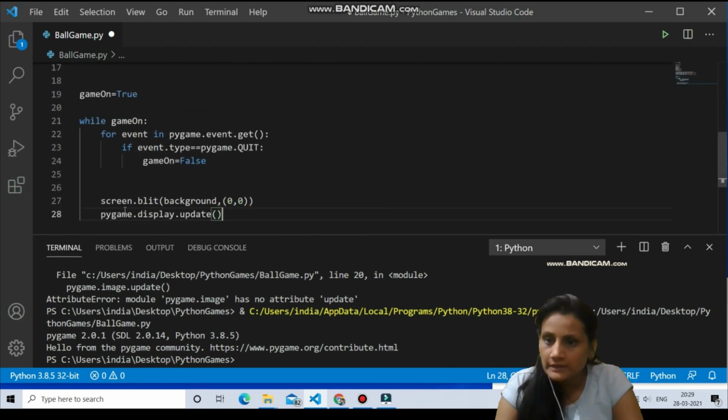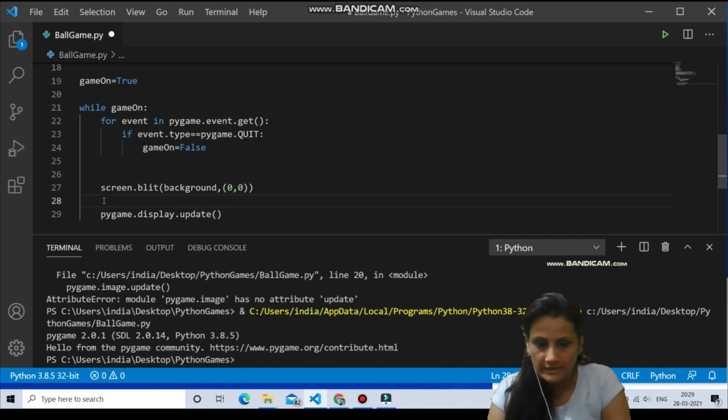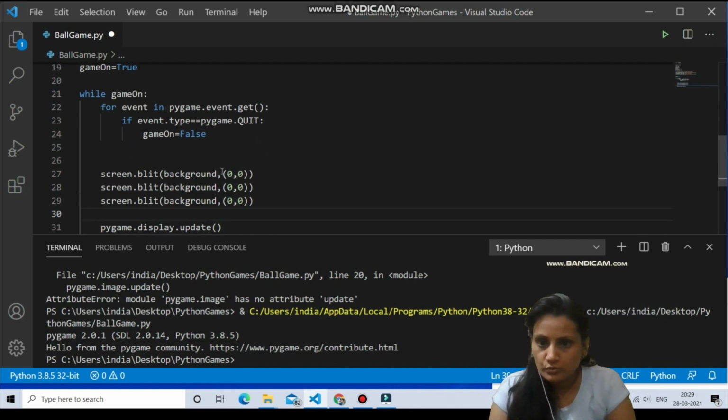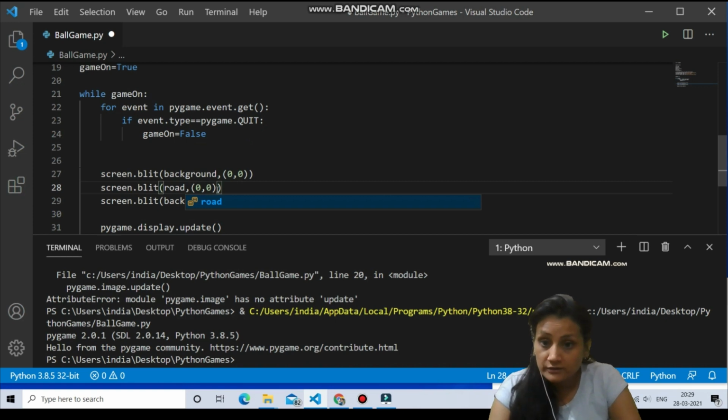Fine. Now we have loaded, we have decided the coordinate. The next thing we have to do is blitting. So I just copy this thing, and after copying I will paste them. So just change here, instead of background now we need road, and here we need the ball.